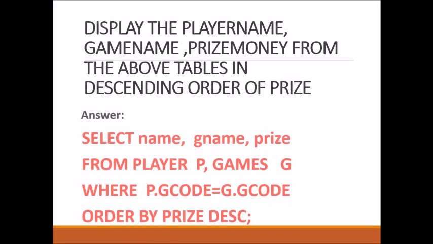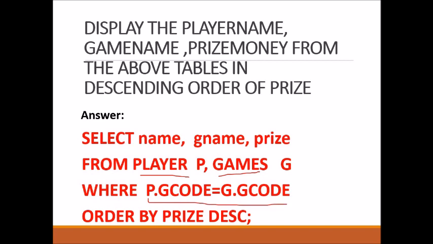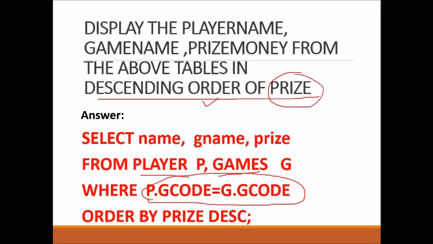Yes. So it will be select name, comma G name, comma price from two tables are required. So this is the compulsory part. Order of price, because it is written here, descending order of price. If order or arrange such type of words are used in the question, you have to write order by. Order by, on which basis it is asked? Price. So order by price. Descending order, for descending order we use DESC.